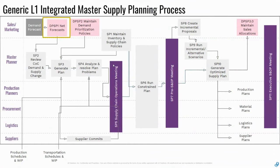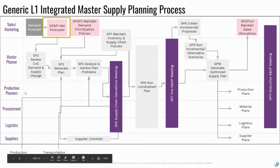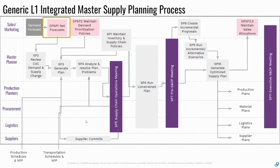So this is, by the way, the master planning process in a little bit more detail. You see that you have your demand forecast flowing in, you do the netting, you understand what your cycle over cycle changes are, you generate the plan, you analyze it, you interact with other stakeholders that you have, right, to come up with the plan. You run a constraint plan based on those inputs, and then you are trying to get yourself ready for the